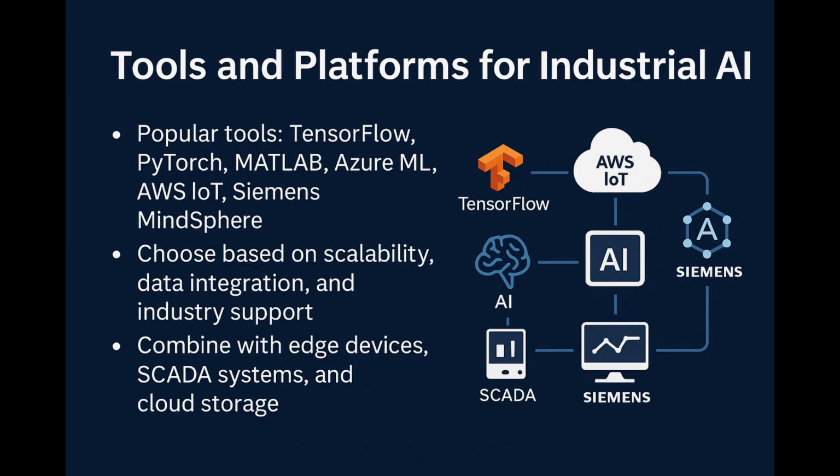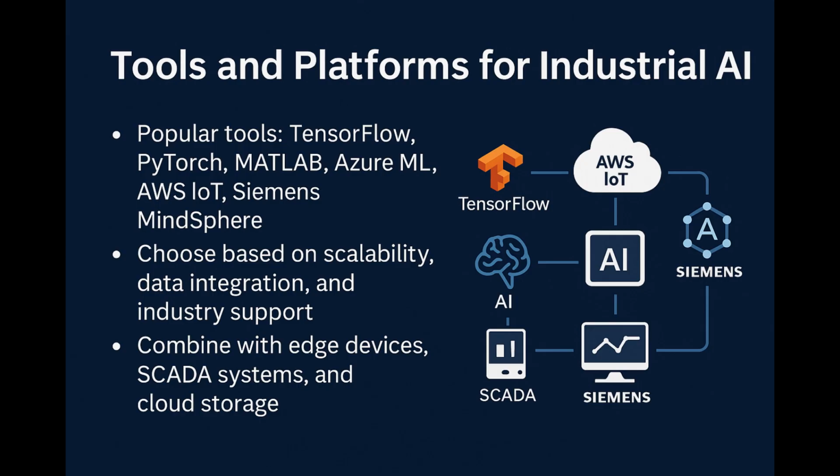For cloud-based solutions, Azure Machine Learning, AWS IoT, and Google Cloud AI offer powerful infrastructure for data processing, model deployment, and real-time analytics. On the industrial side, platforms like Siemens MindSphere, Rockwell's FactoryTalk, and GE's Predictive provide AI integration directly into industrial ecosystems. You'll also need tools that bridge the gap between AI and control, like OPC UA gateways, edge devices, and data historians. The key is choosing a stack that matches your data environment, system architecture, and long-term goals